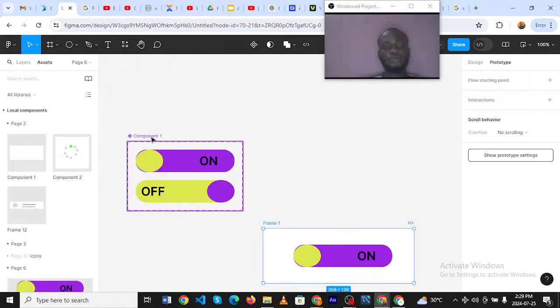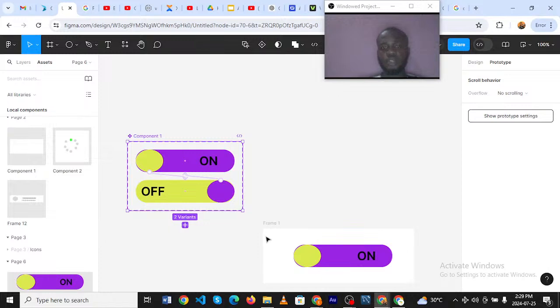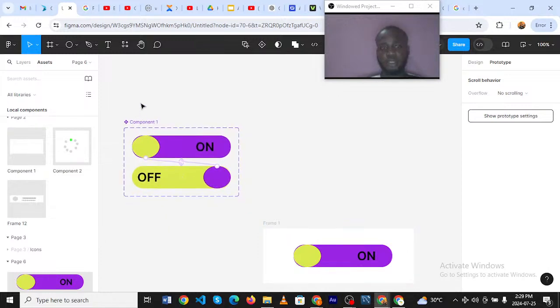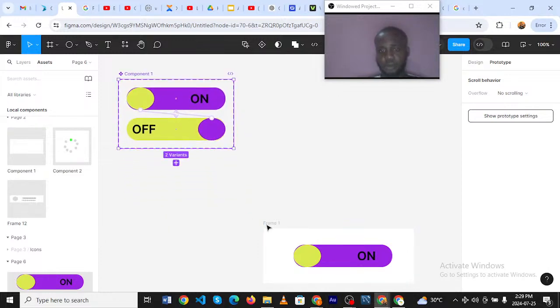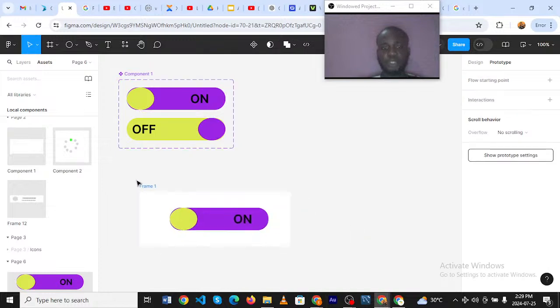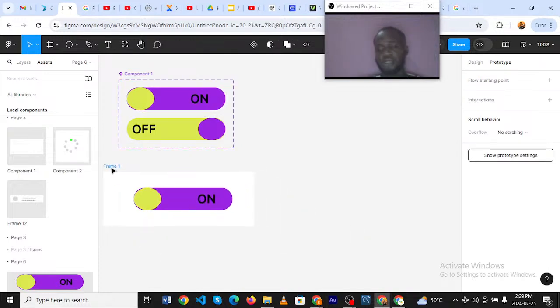All right, so let's do one more thing on components. Let's do something else. This has been done. So the drag button, especially if you're using an iPhone or an Android, is basically used to drag things from one place to another. For some of us that know how this works, you drag things from one certain position to another position. So it's called the drag button. All right, so I'm going to show us how it's done.